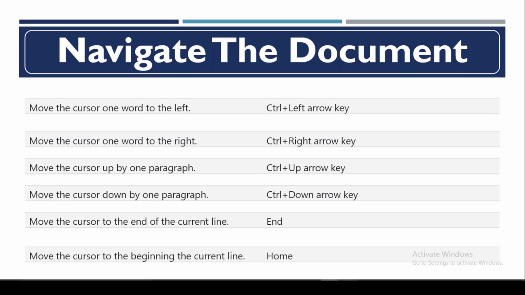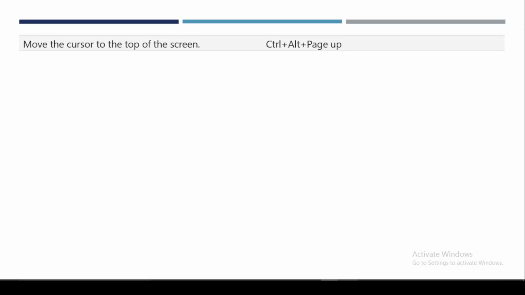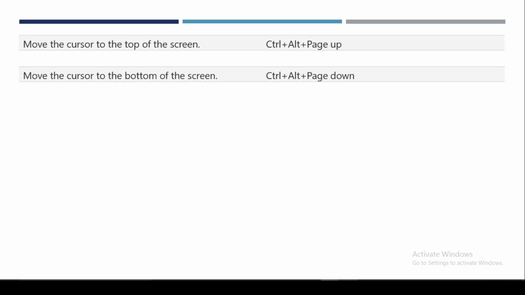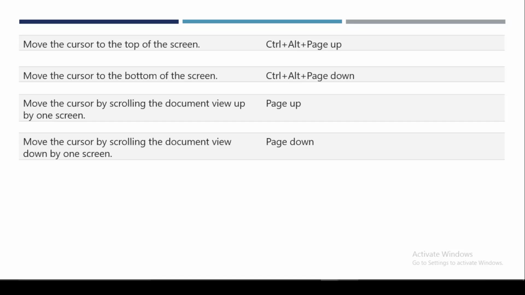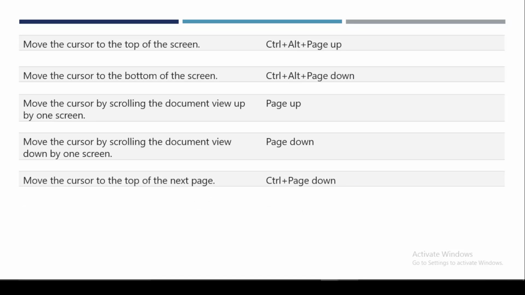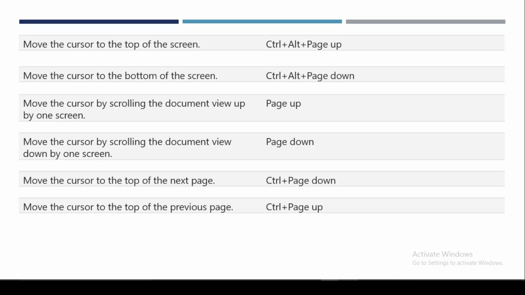beginning of the current line, Home. Move the cursor to the top of the screen, Ctrl+Alt+Page Up. Move the cursor to the bottom of the screen, Ctrl+Alt+Page Down. Move the cursor by scrolling the document view up by one screen, Page Up. Move the cursor by scrolling the document view down by one screen, Page Down. Move the cursor to the top of the next page, Ctrl+Page Down. Move the cursor to the top of the previous page, Ctrl+